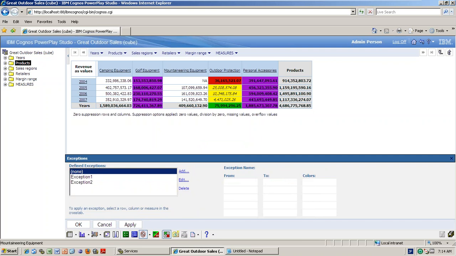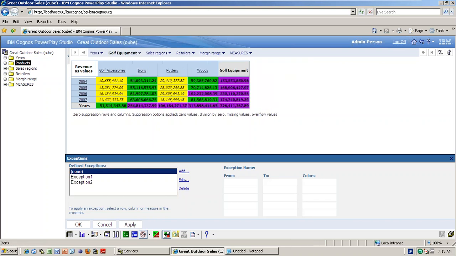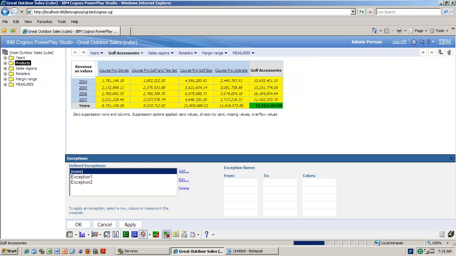See, once I dig down, automatically that application is done. Because overall value is normally more than that, right? So that's the reason why you are getting it. But once you dig down into golf equipment, the values are falling under that criteria. If you dig down once again, the values are mostly falling under yellow color, because whenever you are digging down, the value is going to be less, right? So see this.